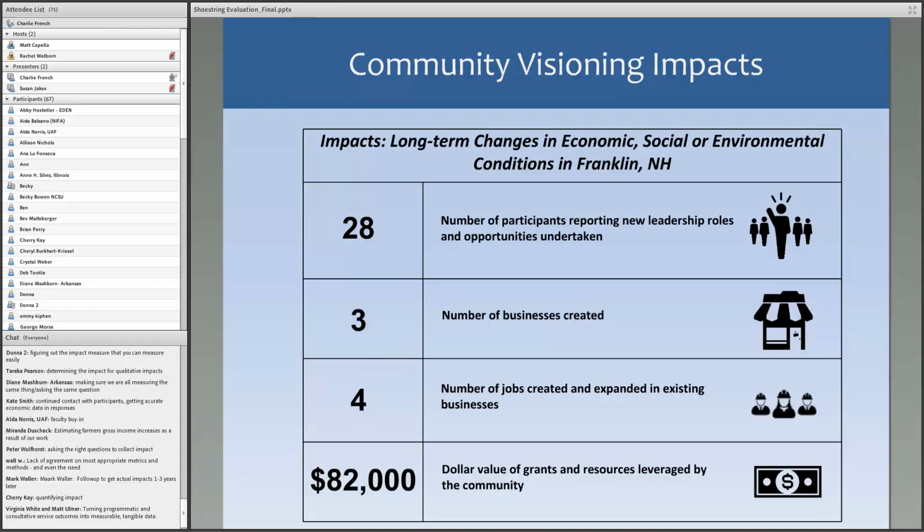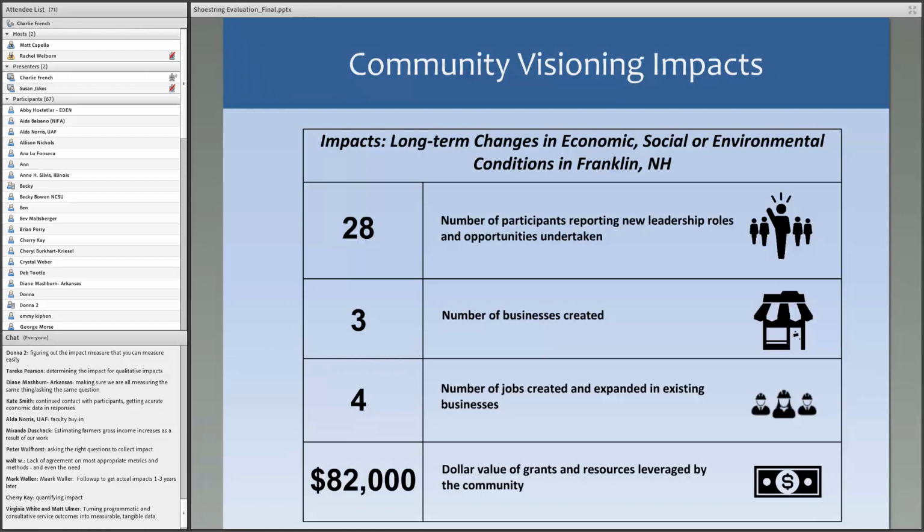Now, I think the Northeast region and the Western region are a little bit behind that, but we're also getting organized around this. And we have on the call here George Morris, who's helping to spearhead a project here in the Northeast where we have, I believe, 6 states who have identified a set of 4 or 5 common indicators that we agreed to collect data on. And each of the states is at least going to try and collect data on a few of those. And this has really helped us to galvanize around some common indicators.